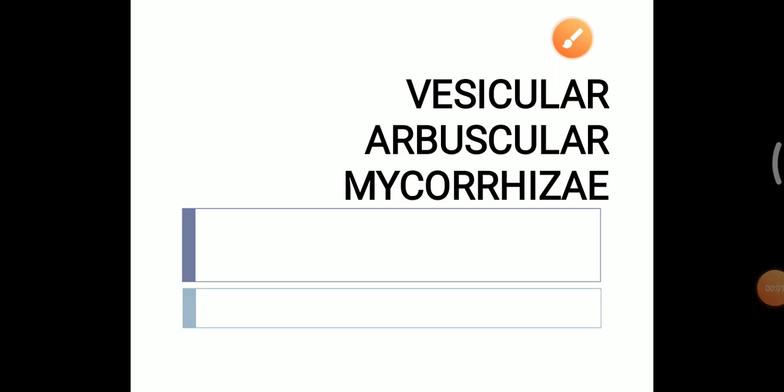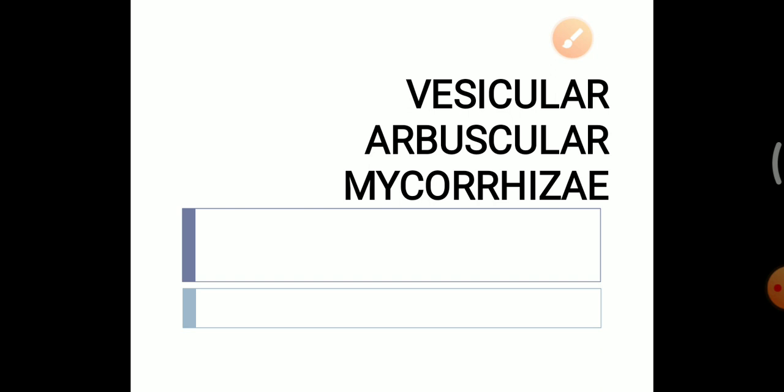In this video lecture, we will discuss vesicular arbuscular mycorrhiza. In the earlier lecture, we had already discussed what mycorrhiza is, and we have seen that, according to the partner of interactions, there are 4 different types of mycorrhiza. As we know, mycorrhiza is an interaction between fungi and the plant's root. The 4 types are ectomycorrhiza, endomycorrhiza, ectendomycorrhiza, and the fourth one, VA mycorrhiza, that is vesicular arbuscular mycorrhiza.